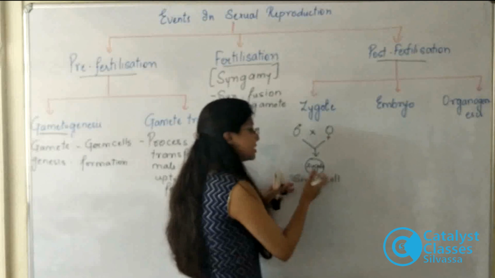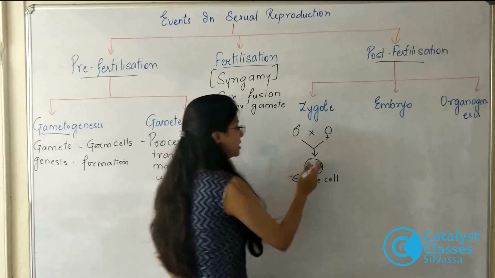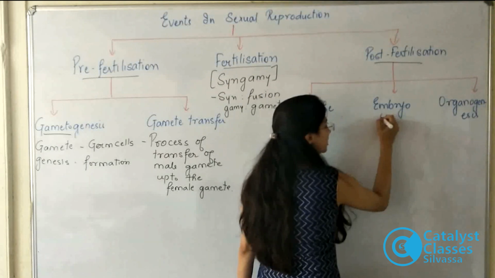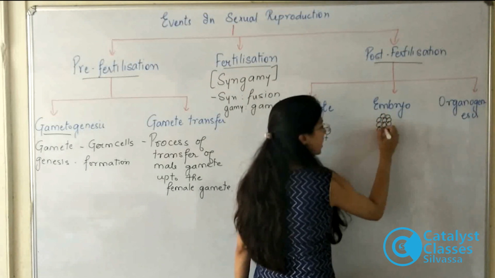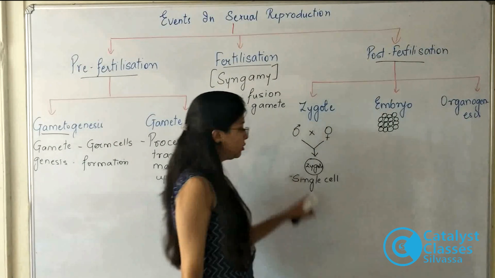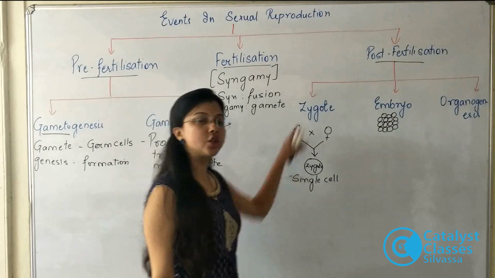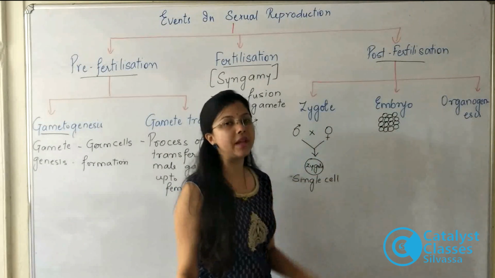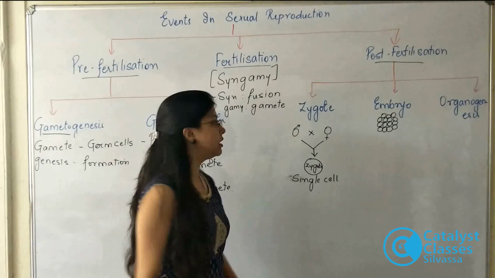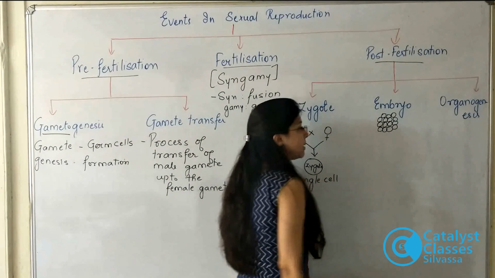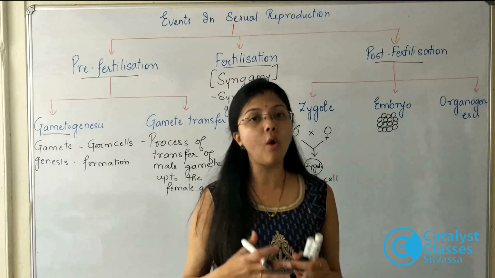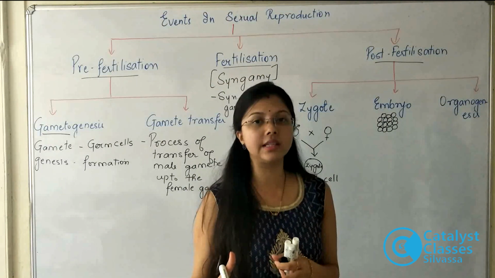Now, when cell division is taking place, the single cell zygote actually forms a mass of cells or a group of cells which is called the embryo. Now, the type of cell division by which it is going to form the embryo depends upon the ploidy of the organism, which we will study in detail later on. Once the embryo is formed, the embryo is, as I said, a group of cells formed as a result of cell division by the zygote.